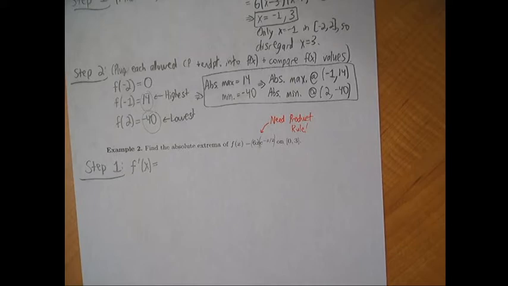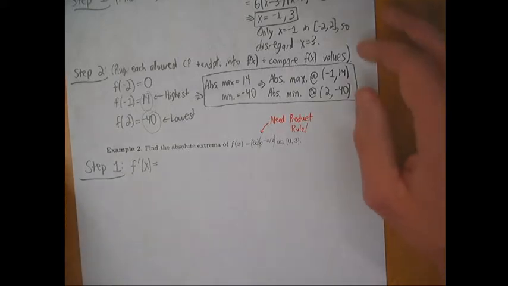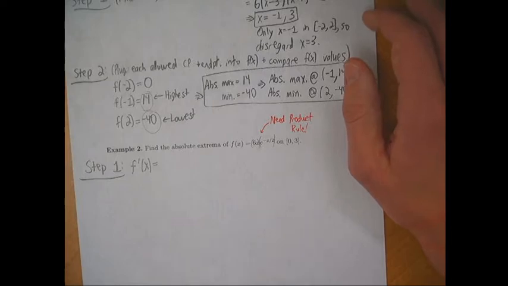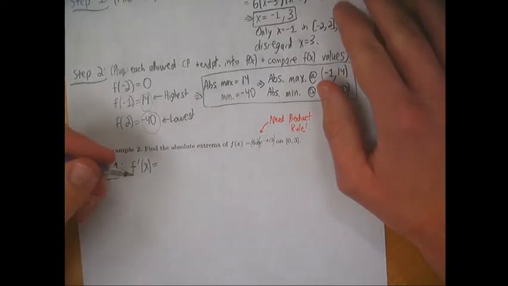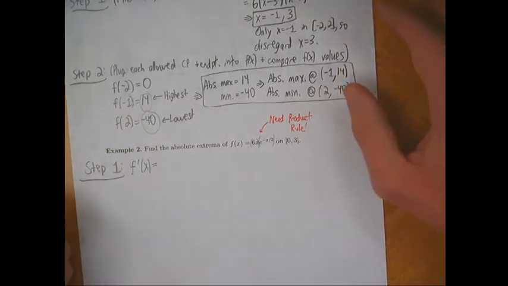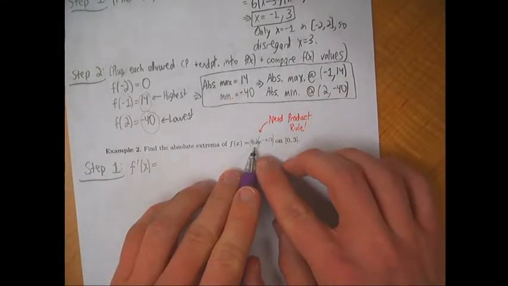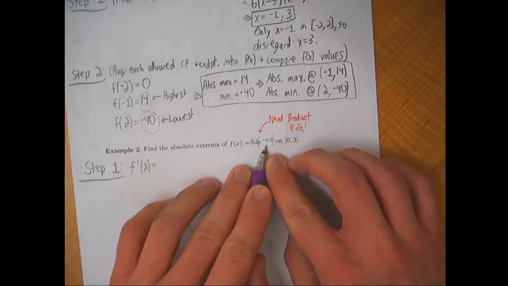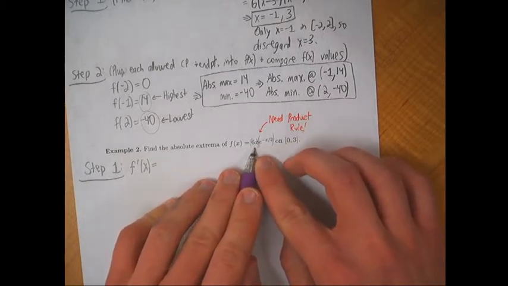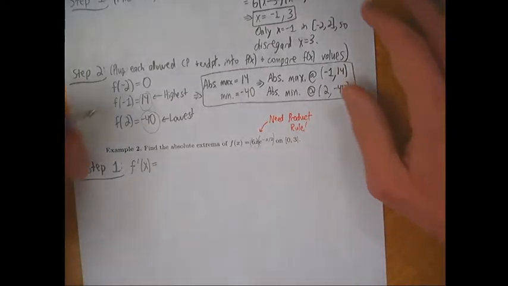So what's the derivative? Or does it seem like we should probably go over this one real quick? Okay, all right, so it seems like some people kind of forgot what's going on, so let's take a quick review of that. So in this case, with the product rule, remember, we have to take the first function times the derivative of the second plus the derivative of the first times the second. So in other words, we have